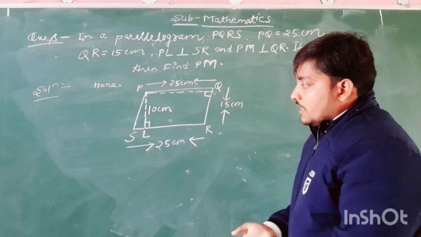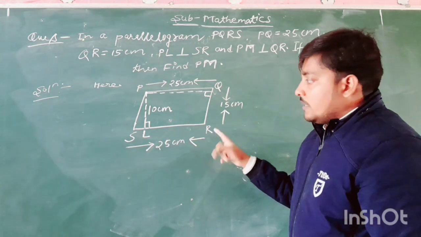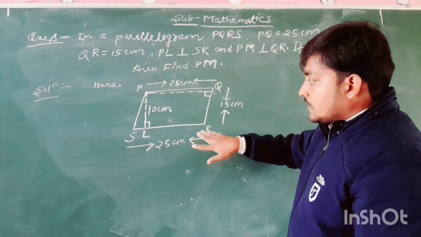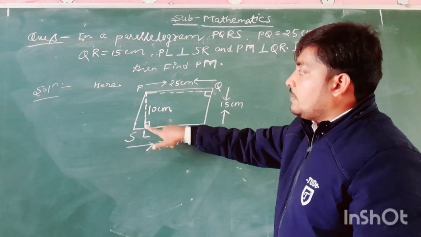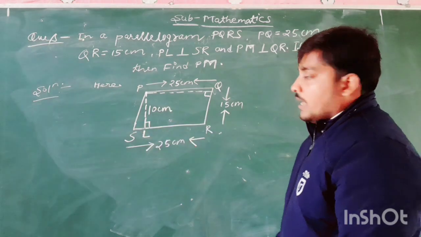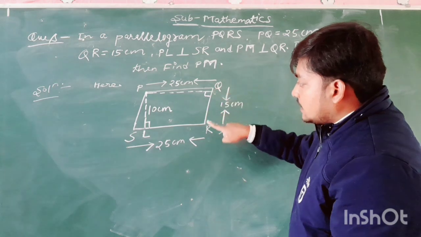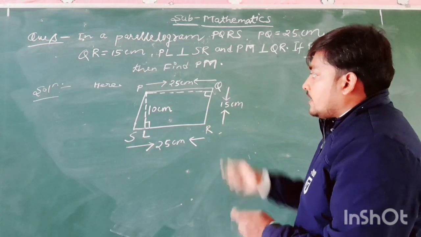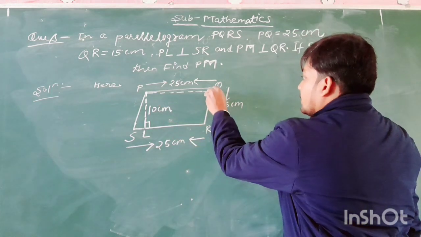So if we consider base SR, then the height corresponding to the base SR will be PL, and if we consider the base is QR, then the height of that base will be considered PM,